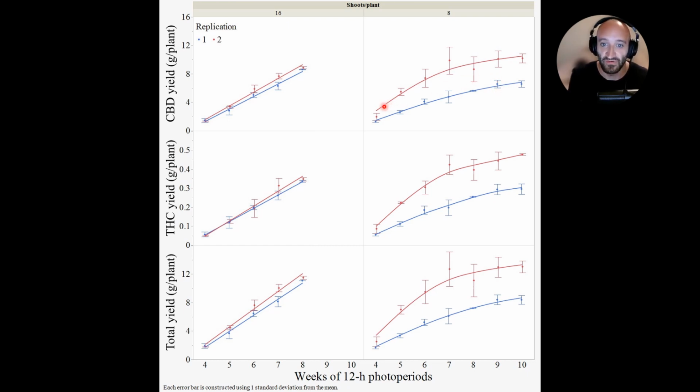Versus this rep 2, where we had large increases going up to week 7, but then week 7 isn't any different from any of these later weeks. From 7 to 10, this is all the same. And so there really wouldn't be any reason to go past week 7, because you're not getting any more benefit